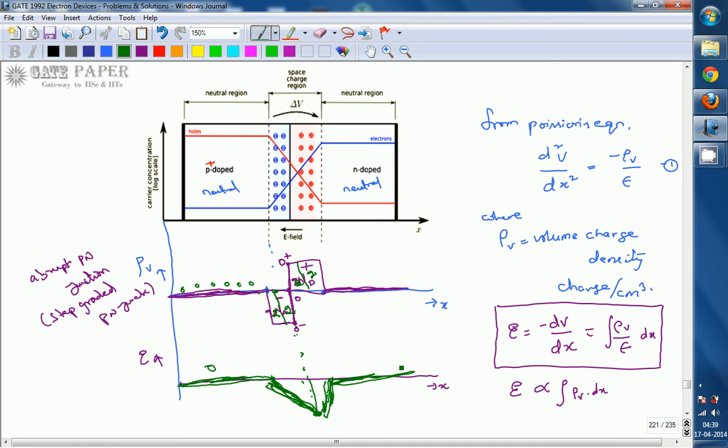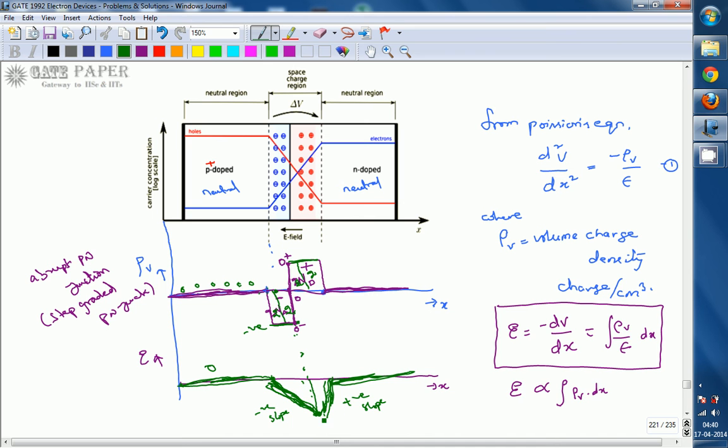Otherwise you can think in this way, no need to go in this way, it is very easy. Integration of this: when it is a step function, constant function, the charge is going to be constant during this depletion region of P side. So integration of constant is nothing but linear, so that you are getting a linear, since it is negative value, you are getting negative slope. And from this one onwards, if you are going for the depletion region of N side, at that time it is having positive charge, that too constant. So if you take integration, again you will get a linear, with positive slope.